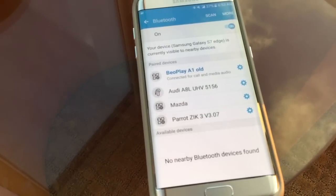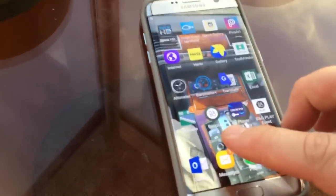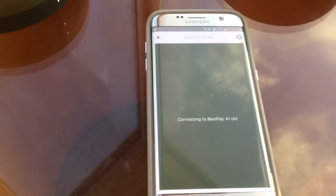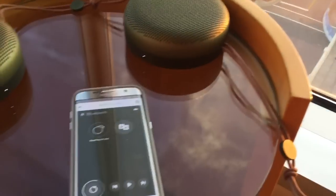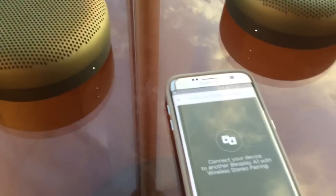just so you see, the new is not paired. I disabled it from pairing, but if you just play it now, only this speaker will play. But when you open up the B&O app, it's the green one, Beoplay, it's going to find the old. Okay, and here's how you set up stereo. This is not really well documented anywhere until now in English. So anyhow, you click on this,